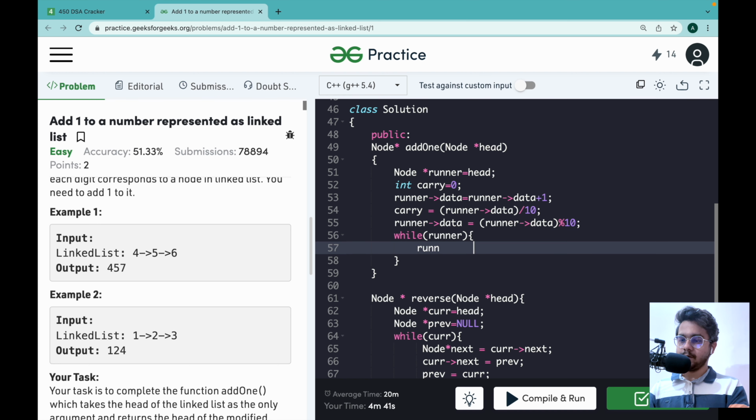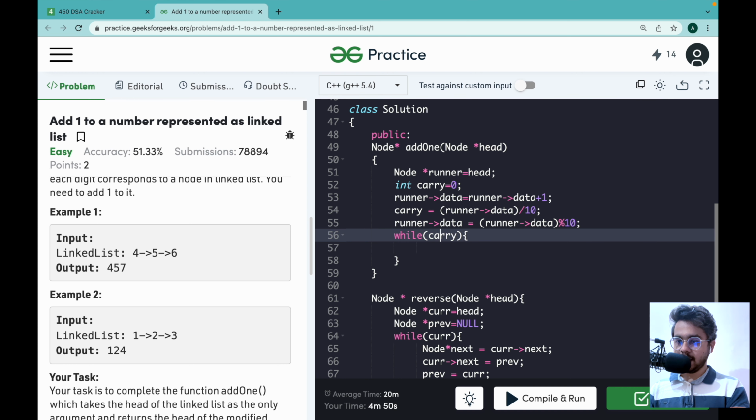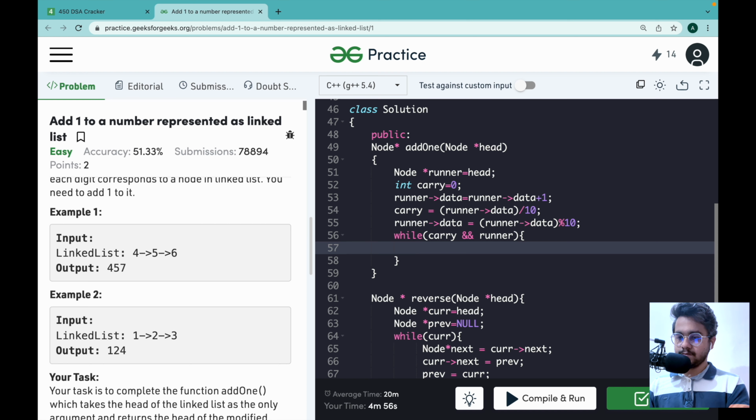Now, while we are having carry, and also runner, because we are using runner, runner will simply move to the runner next.